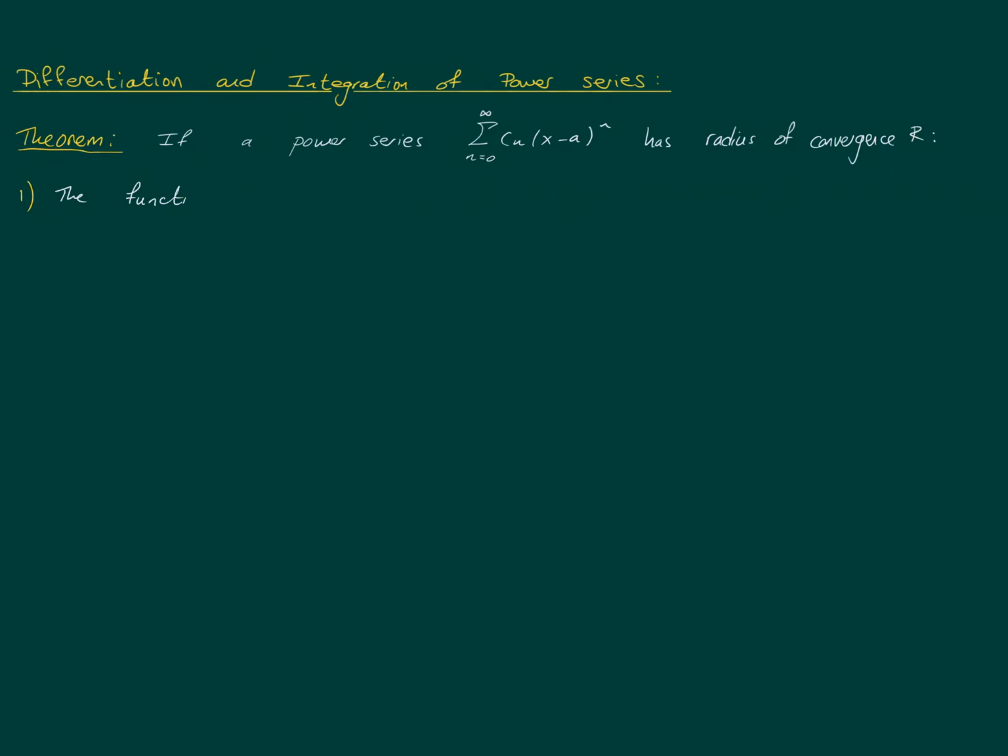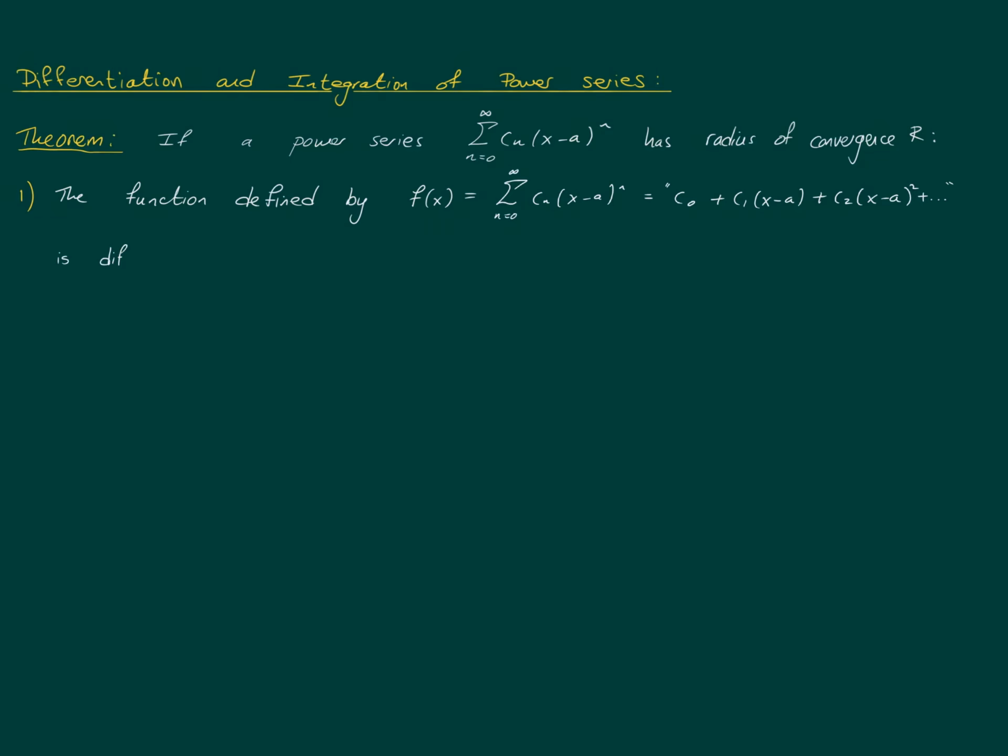The function defined by f of x equals this power series. So remember, each power series is going to describe a function. So the function defined by this power series, which is c0 plus c1 times x minus a plus c2 times x minus a squared, and so on,